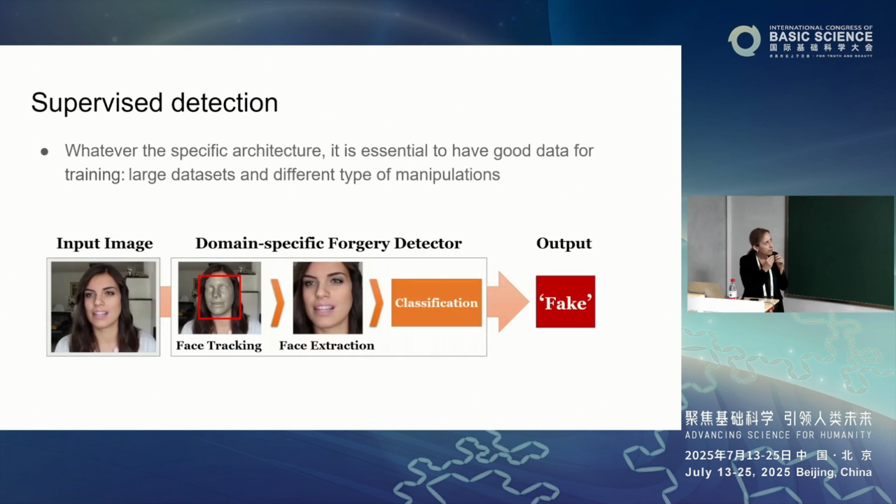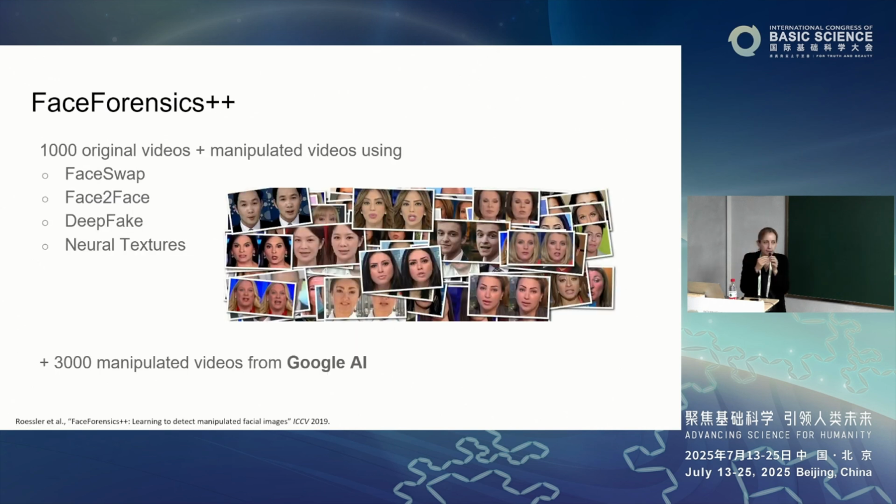And so the first methods were on supervised detection. So you needed a large dataset comprising different types of manipulations in order to train the detector. In the case of images, you also need face tracking and face extraction because you are just interested in the face of the video. And this is the first dataset that was proposed, and we proposed it together with colleagues from